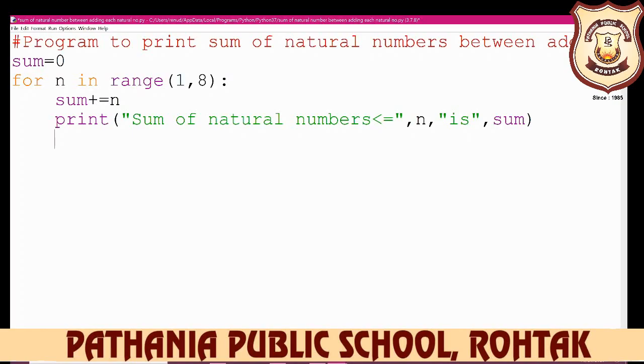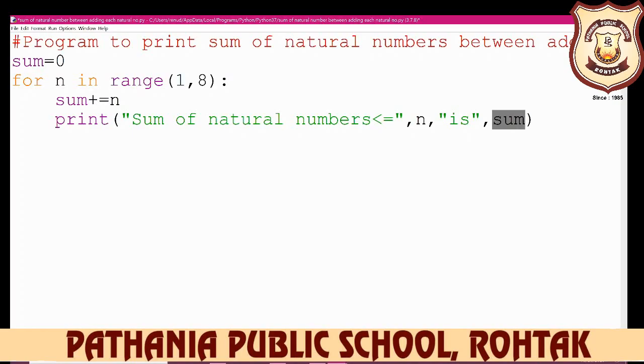So how do you display it? With the help of the print function. So you write print, and always print with a small p. Always write print in small letters, and then you write any message: sum of natural number less than is equal to. So we write here less than is equal to, it will be displayed on your screen, and then n is the number in the range 1 to 7. So 1 2 3 4 5 6 7 will be displayed here, and then you write each message on your screen, and then sum. The first time your sum is 1, the second time your sum is 3.